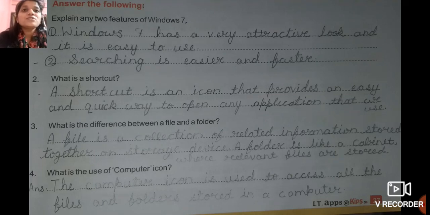Write down, Windows 7 has a very attractive look and it is easy to use. Second, as we have seen, searching is easier and faster.